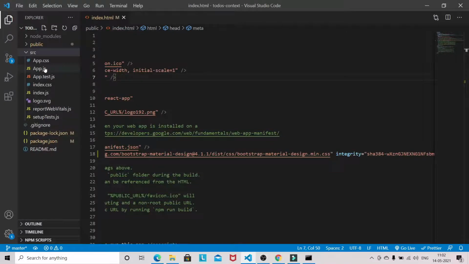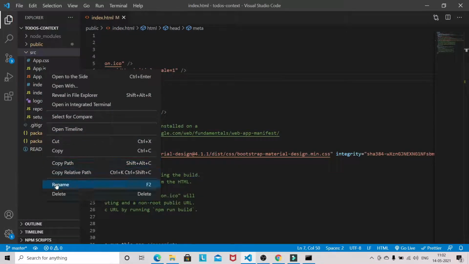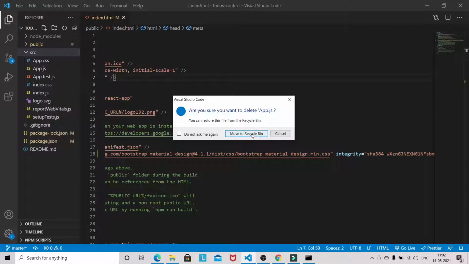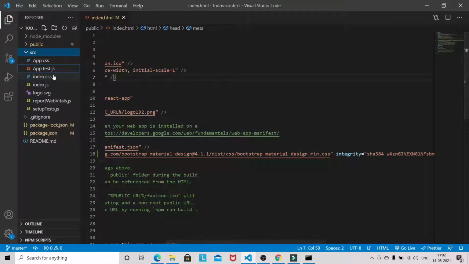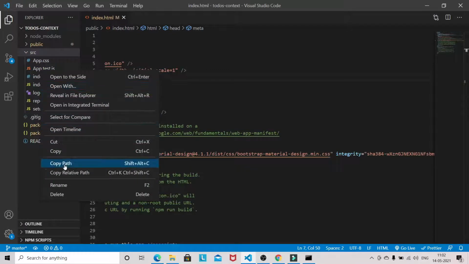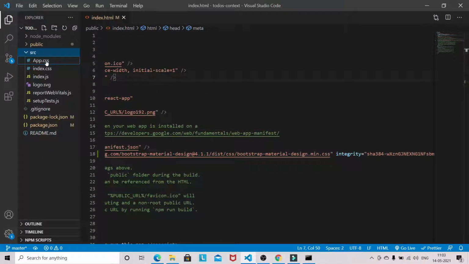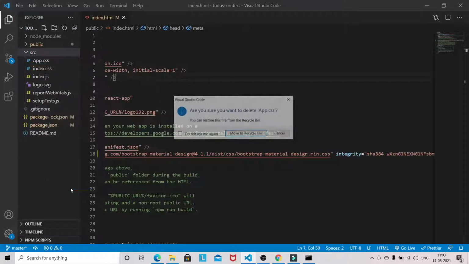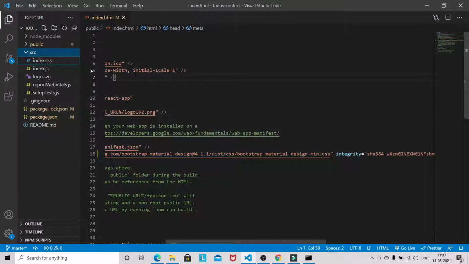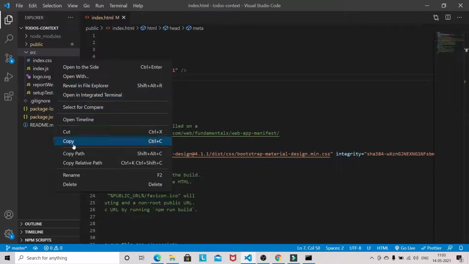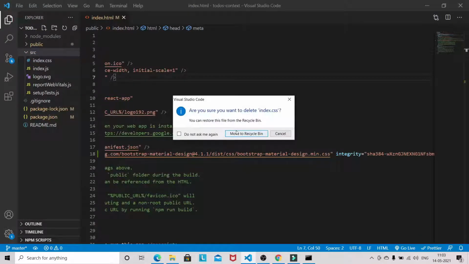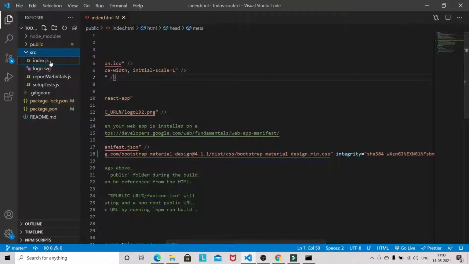Now we will remove this App.js file, we don't need this one. Then we will remove App.test.js, and we delete App.css. Index.css also we will delete.